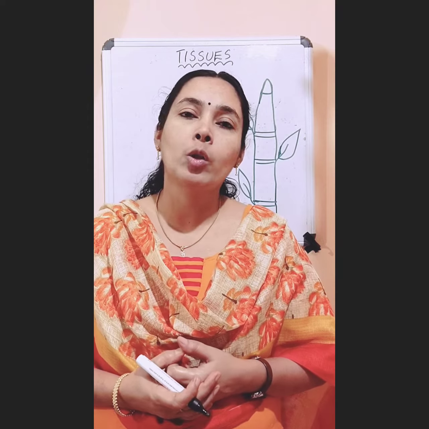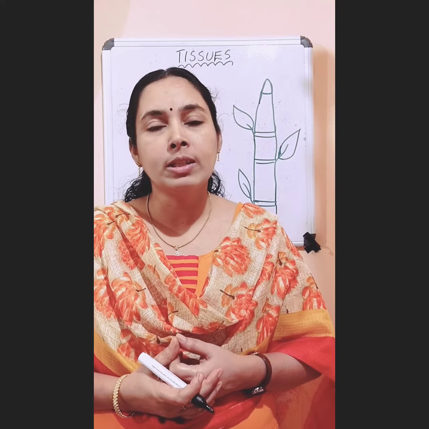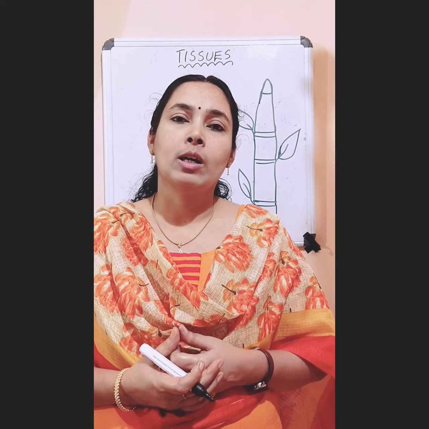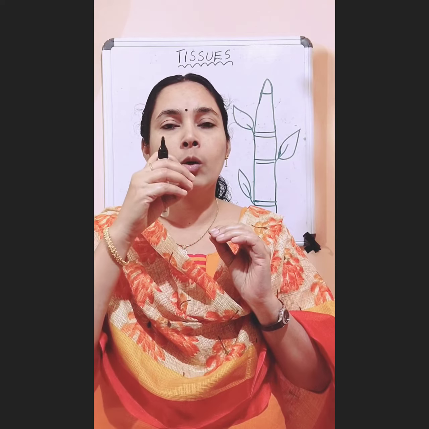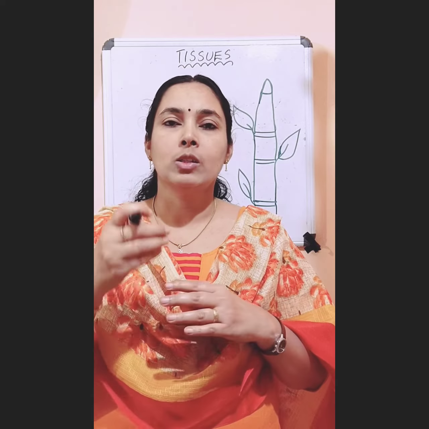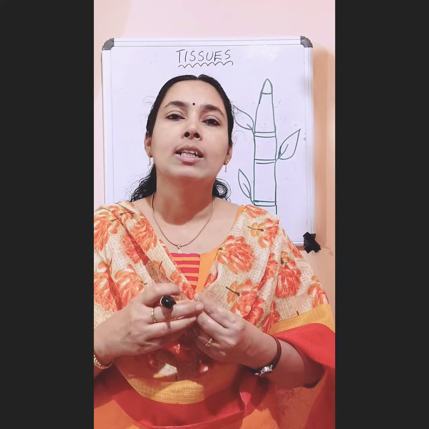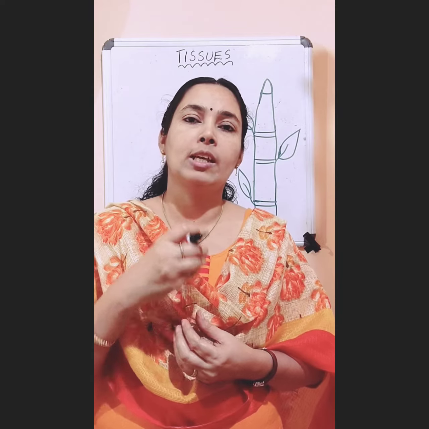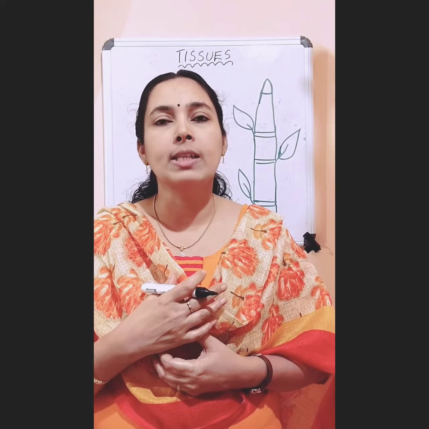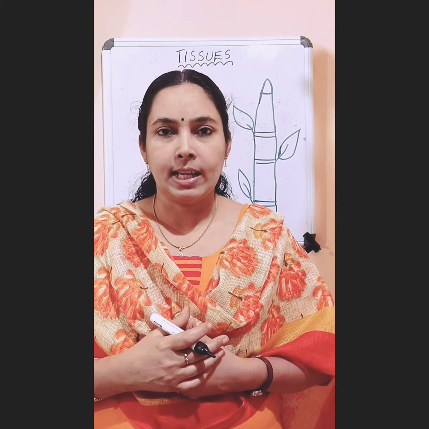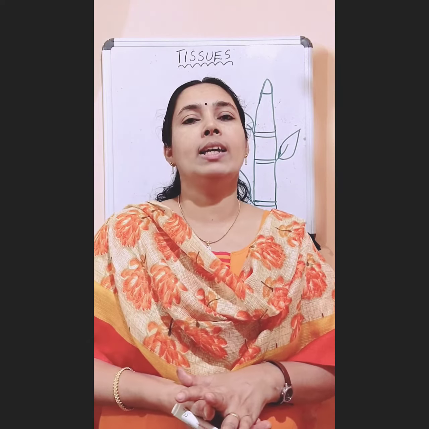And when we look at the growth pattern of plants, we saw that plants grow throughout their life. And we know growth is not uniform throughout their body. We can see some growth is specialized to some regions. So growth is taking place in those regions. In those regions the cells are dividing. And in other places the cells are non-dividing cells. So in plants we can see dividing cells and non-dividing cells.